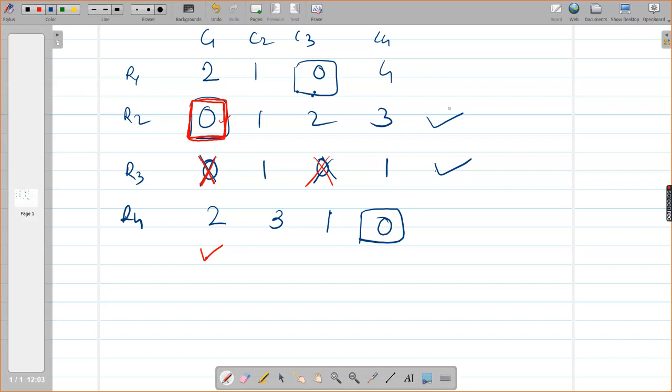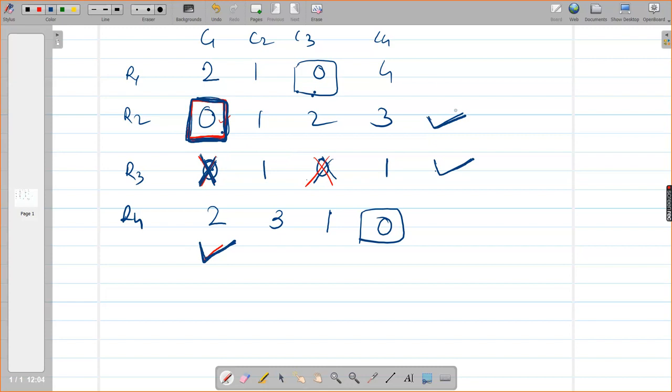What I did? I started with the row where there is no assignment. Now in this row there are two zeros. I am going to this zero first of all, ये जो zero है first column वाला. I couldn't assign this zero because this zero was assigned. Okay? And this zero belongs to which column? The first column. So I ticked that column. Now this zero belongs to which row? I am taking that row also. Have you understood it?